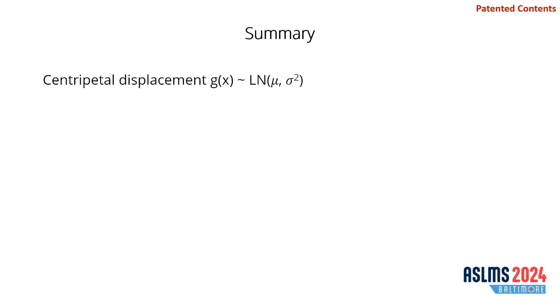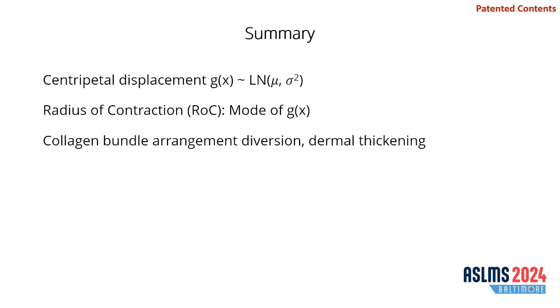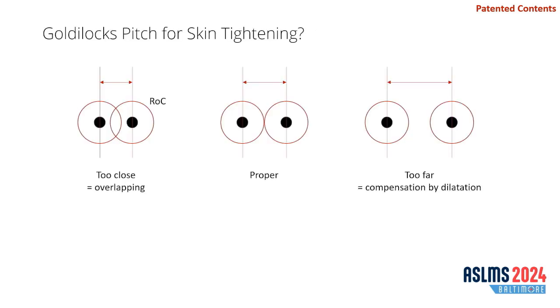So in summary, we can compute the radius of contraction non-invasively using the fact that horizontal displacement follows a log normal distribution curve. And in the radius of contraction, there is a remarkable dermal thickening zone, and that is horizontally contracted but still viable. Due to time limitation, I could only show you the very initial phase of a series of